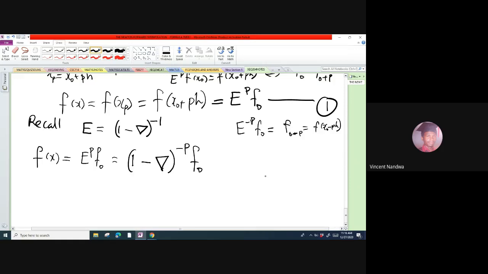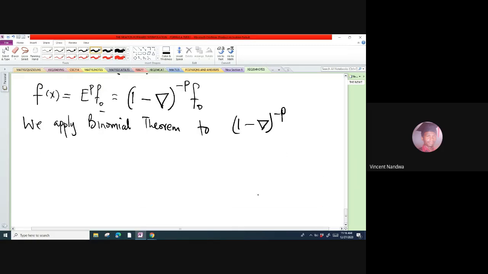So also we apply the binomial theorem to this term, 1 minus backward raised power negative p. And then when we do that, 1 minus backward raised power minus p,